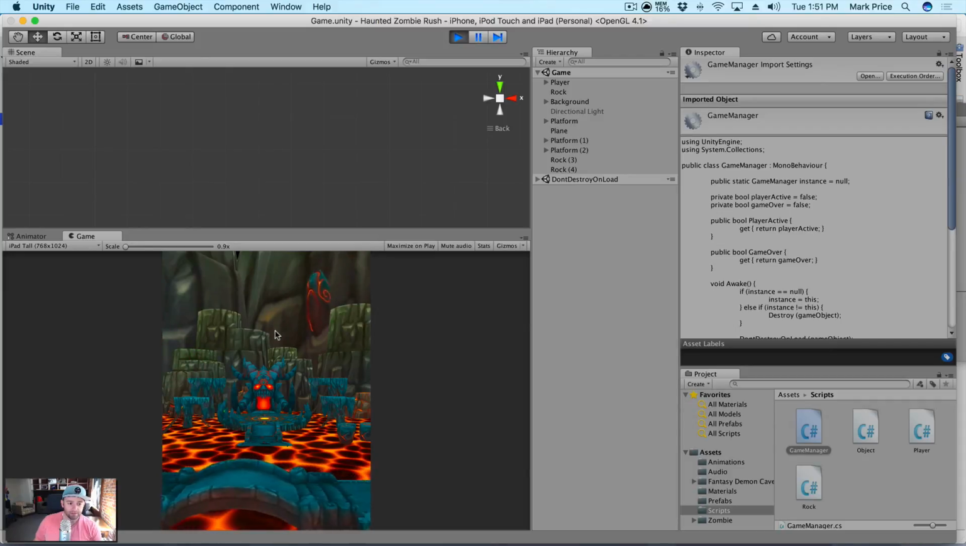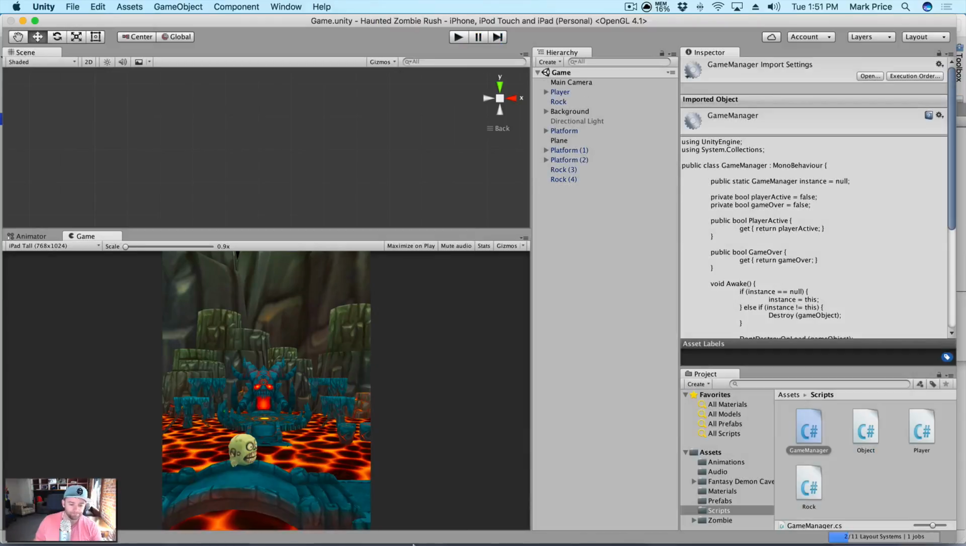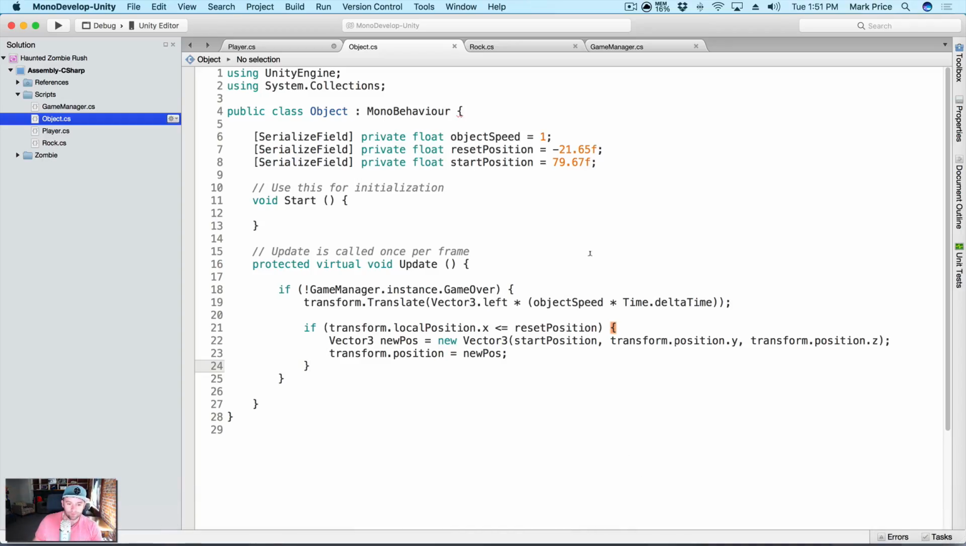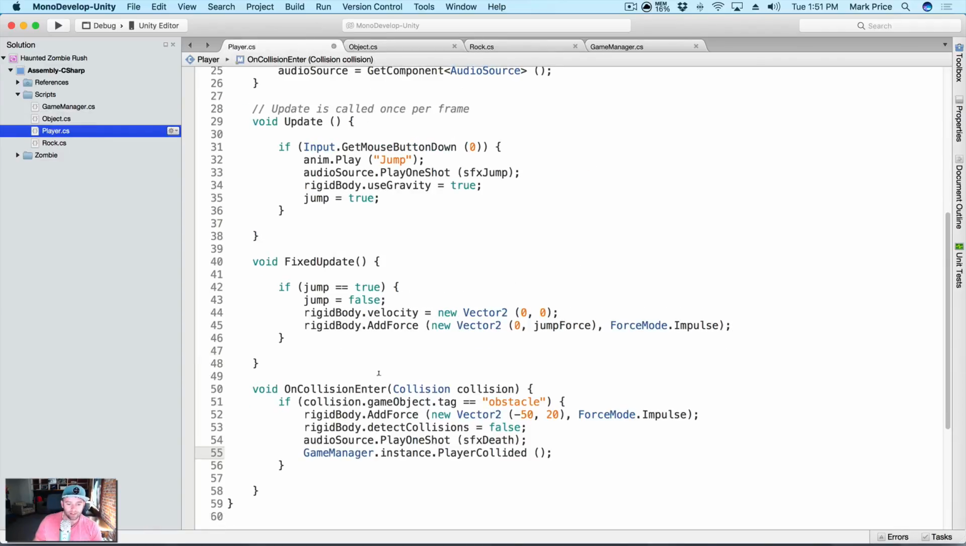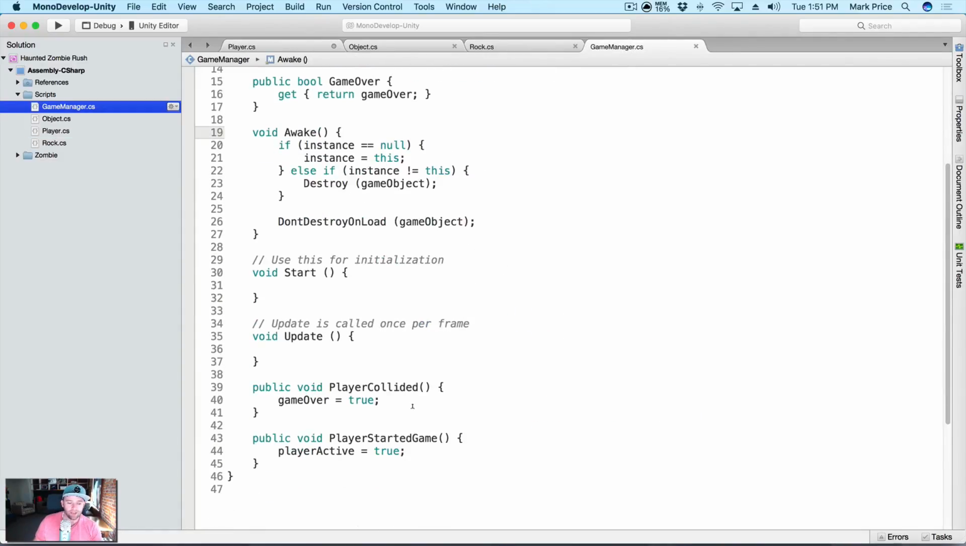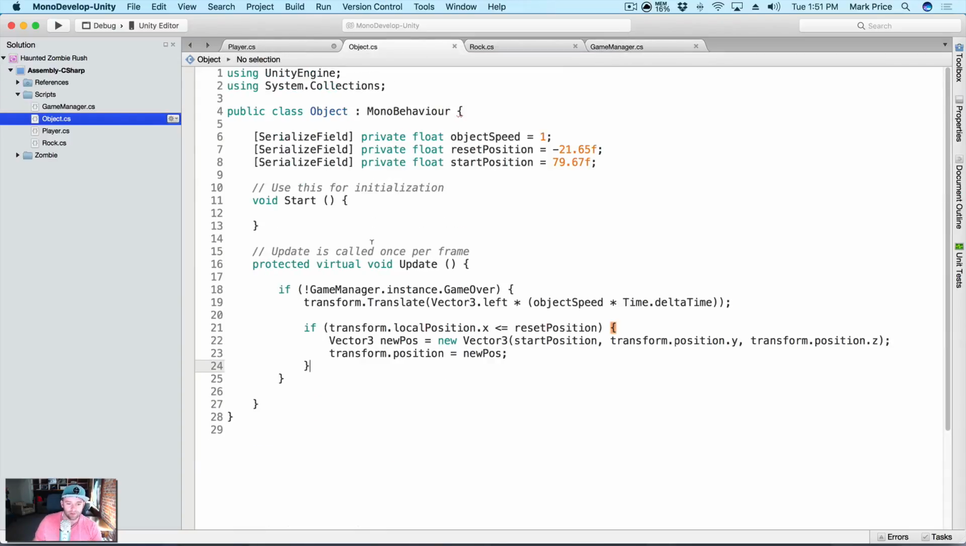All right, so that's interesting. Everything's still moving. So let's see what we did wrong here. Okay, so over here in our player, I'm sure we got a collision enter. We said player collided. So if we follow the chain of events over here to game manager and player collided, game over should be equal to true. So if we go to our object here, so if